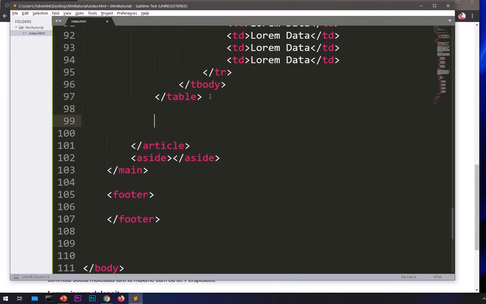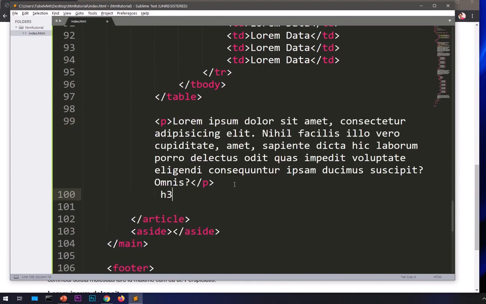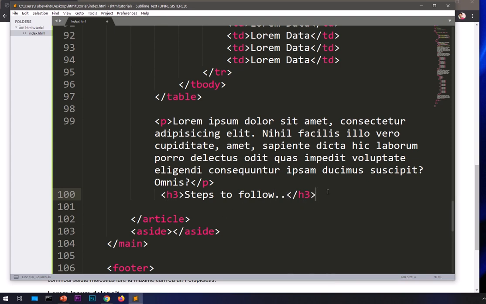So after this we are going to have some paragraph. In this paragraph I want to have some content, then h3 again, and that's steps to follow, and then you can have some unordered list,